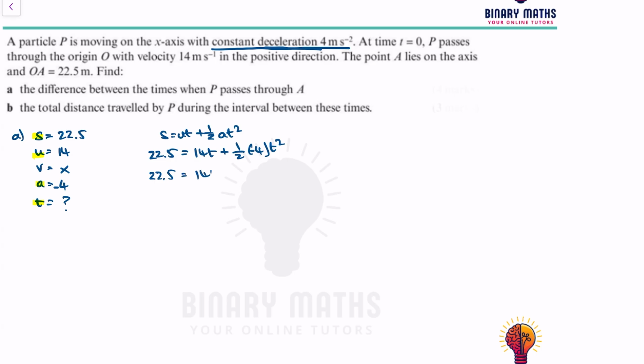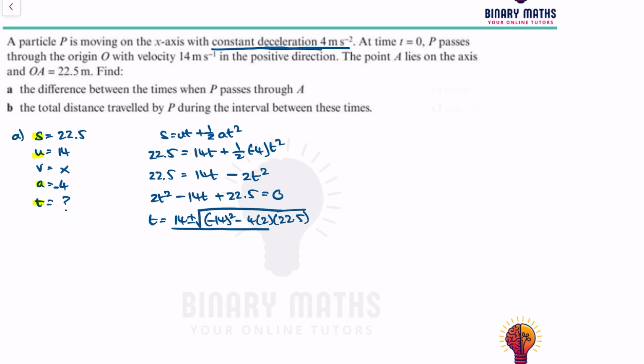22.5 is equal to 14t minus 2t squared. If I take everything to the left-hand side, I end up getting 2t squared minus 14t plus 22.5 is equal to 0. Using the quadratic formula, I end up getting minus b, so it's 14 plus or minus the square root of 14 squared minus 4 times 2 times 22.5, all over 4, so 2 times 2. I get t is equal to 4.5 or t is equal to 2.5,